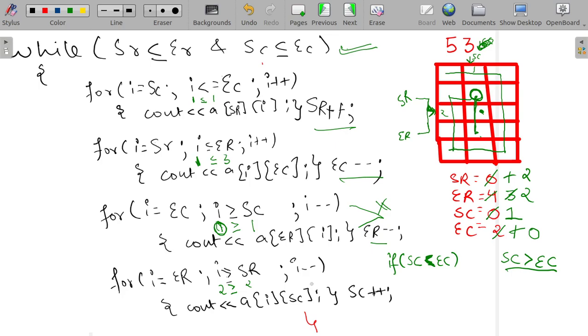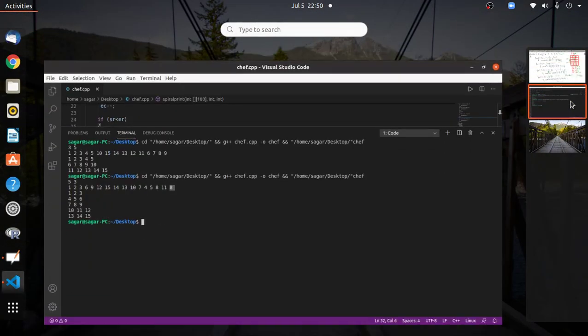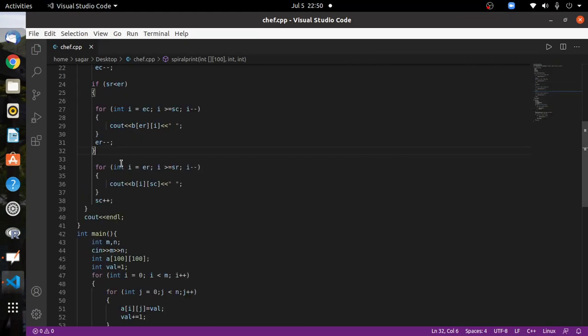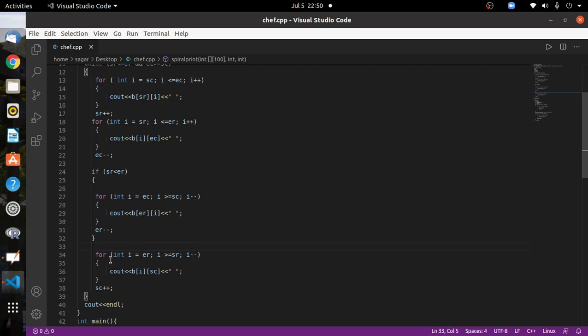So let's update this if condition in our code which we have written in VS Code and see if it works or not, right? So let's go to VS Code and, right, we have written the if condition in the fourth loop there, right?